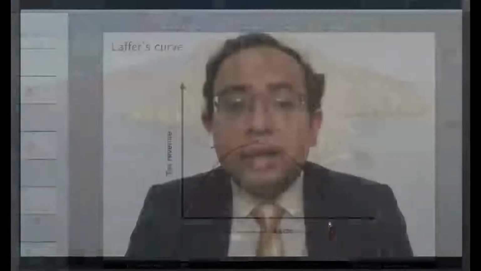So when we say that economics is the science of decision making, this Laffer's curve is one indication to the government about how to design the tax system. So a very important consideration that we are getting from Laffer's curve is that the government should have a value of T that is neither very small nor very large if it has to have a sufficient amount of tax revenue.